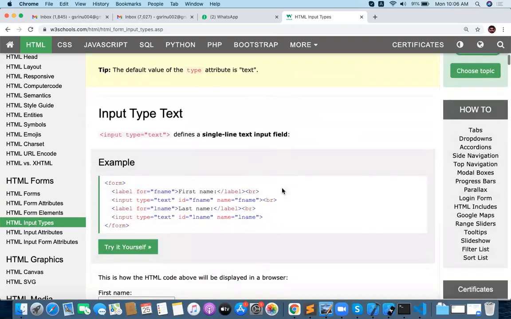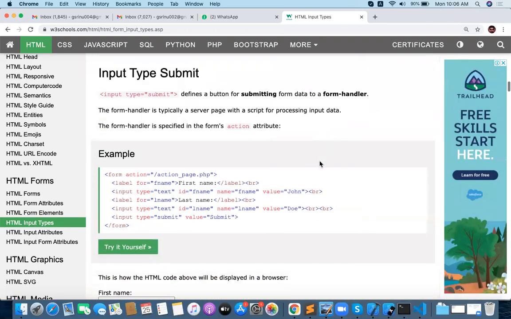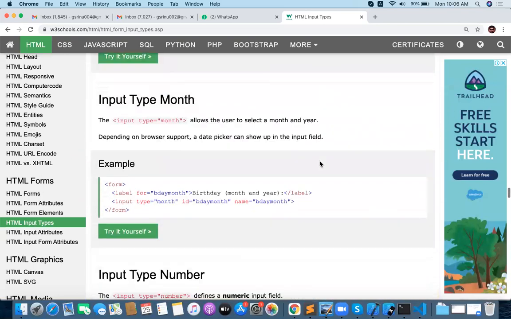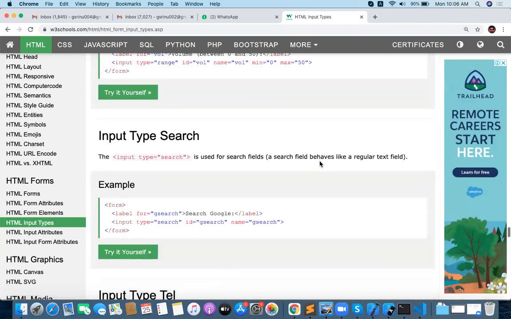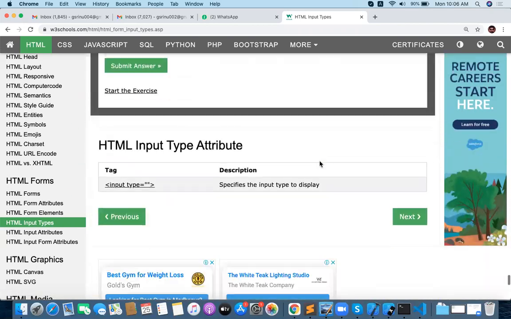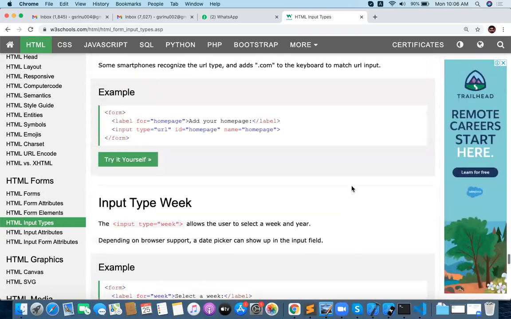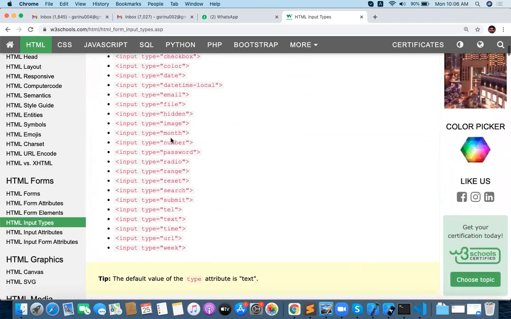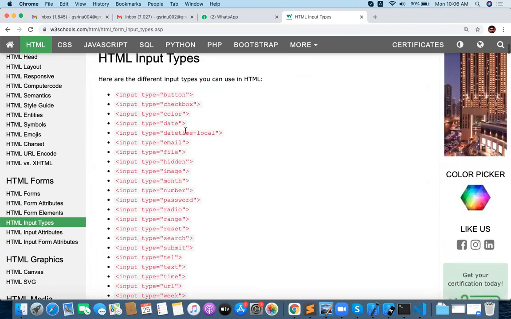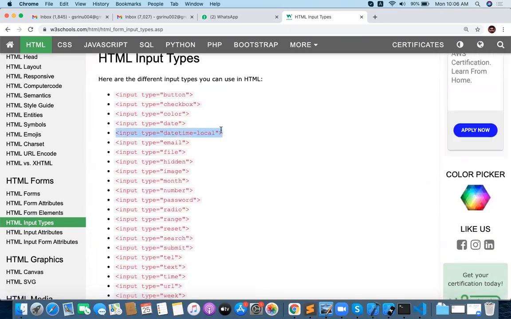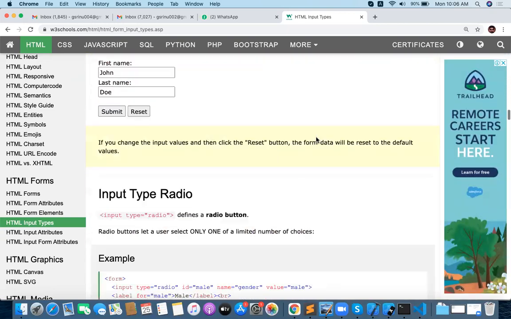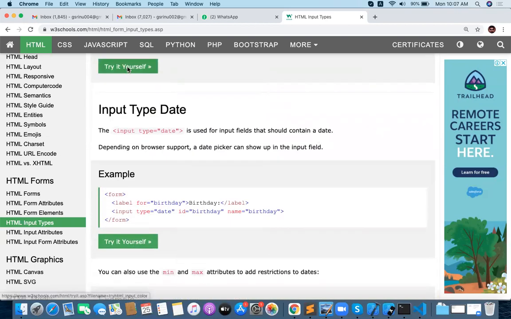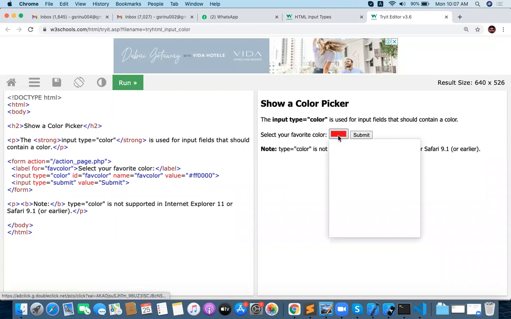So we will see some types of inputs. For example, if I go with the input type email, W3Schools is very clearly saying whether this works with all browsers or not. Similarly for month and datetime-local. Radio, checkbox, button and color are there, and color works on all the latest browsers.